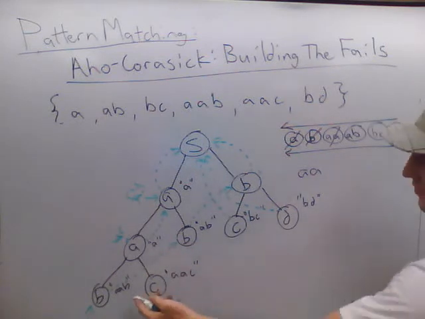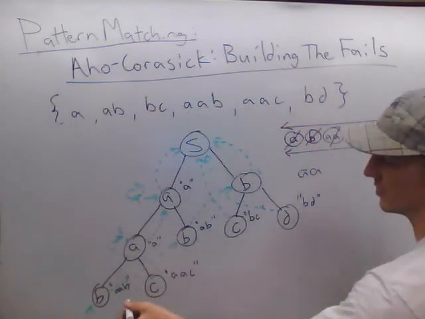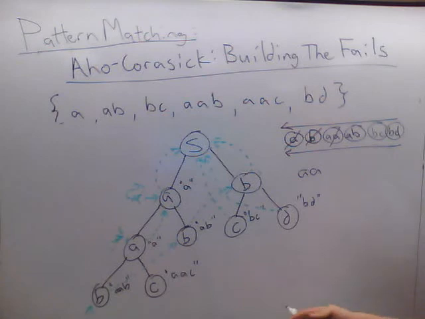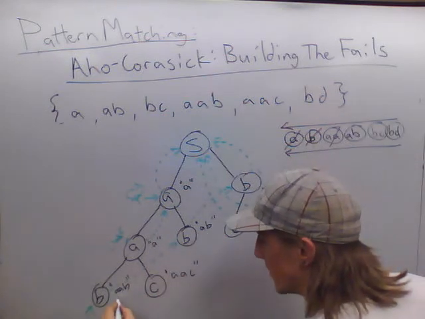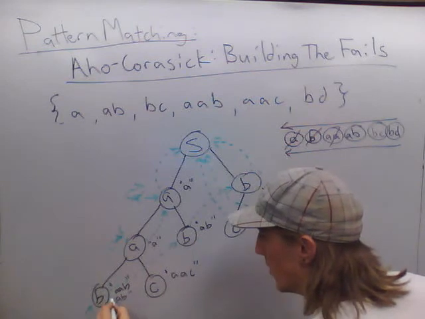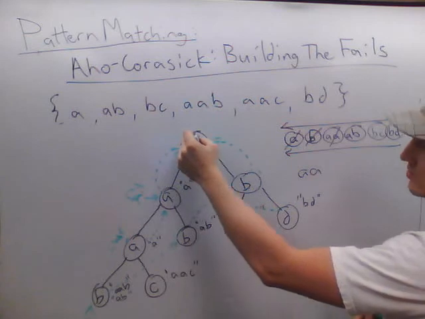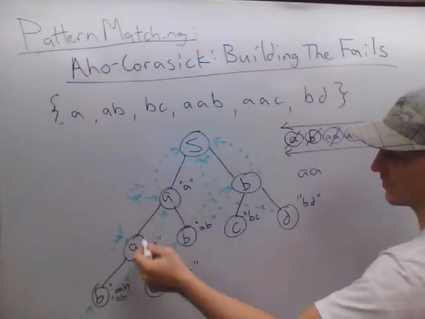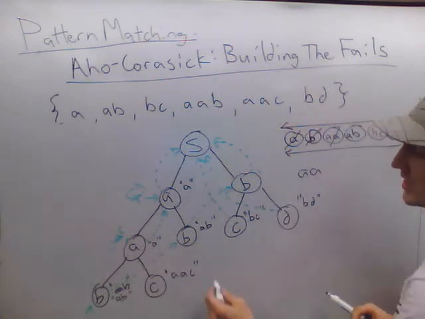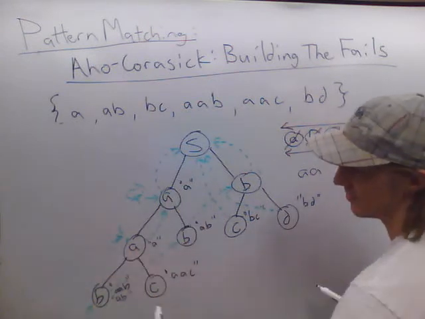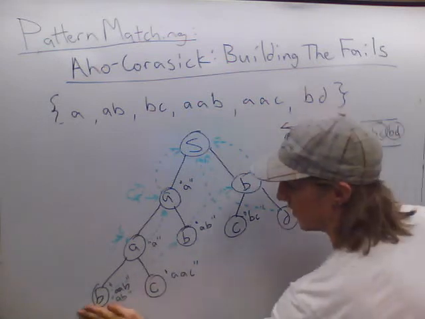And when we set a fail, remember that we add the output to the node that's having its fail set. So this AB is going to be added to this output. And all it's saying is that if I've seen string AAB, then I've also seen string AB. Right? Okay, so for the next child,